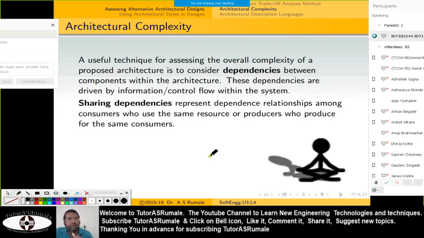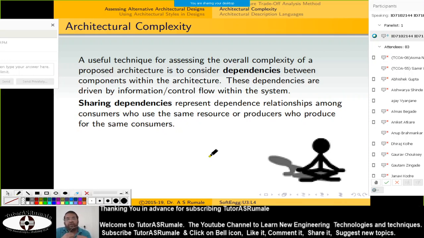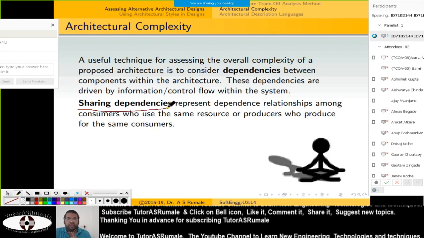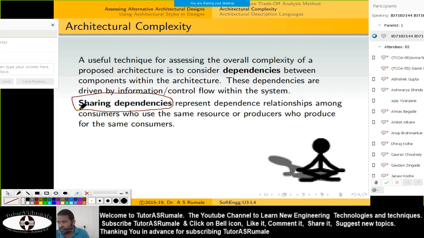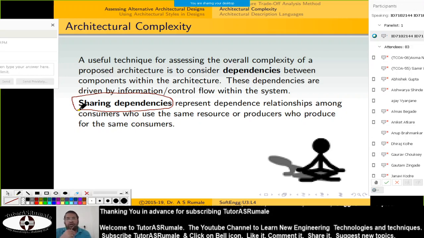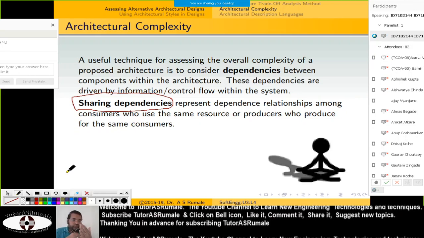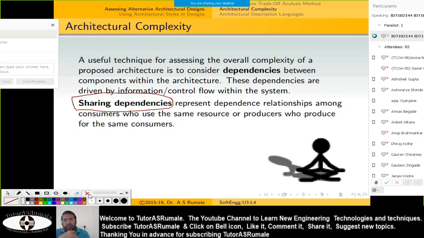The complete system will halt, your software won't work properly, and likewise. So sharing dependencies are the first dependencies that you need to look for when it comes to software design and development, because they actually define the architectural complexity.